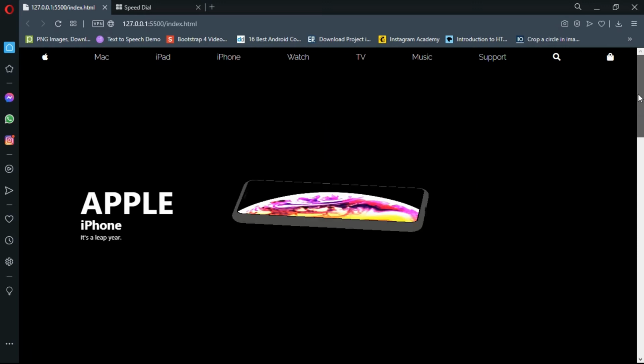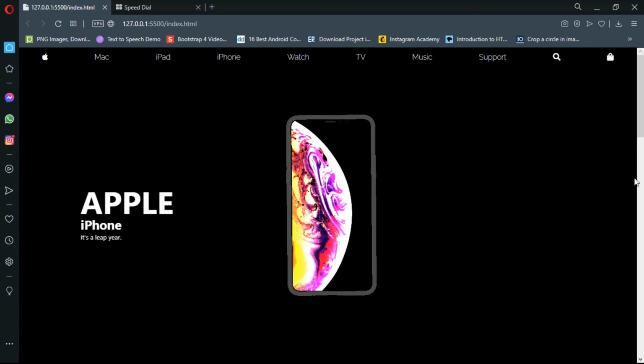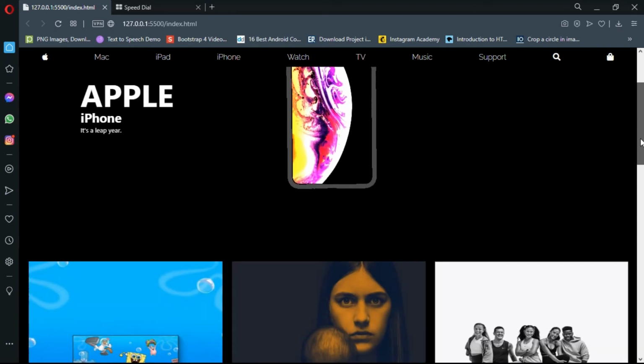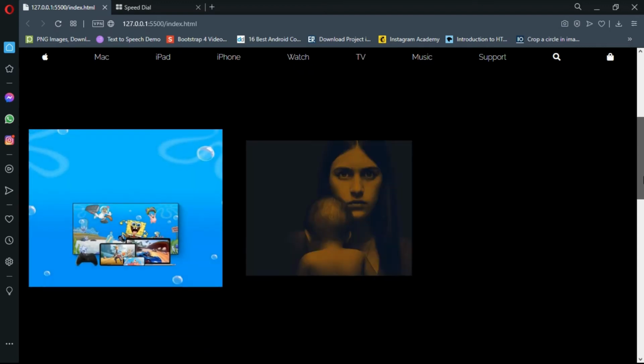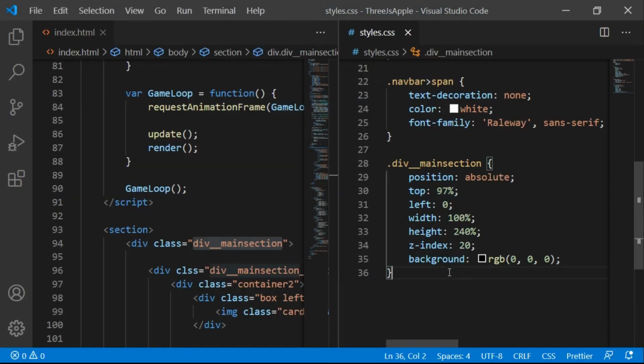Okay, perfect. So we want this div underscore main section to have a difference of 97% of the height of the screen from top. I hope you can understand this.